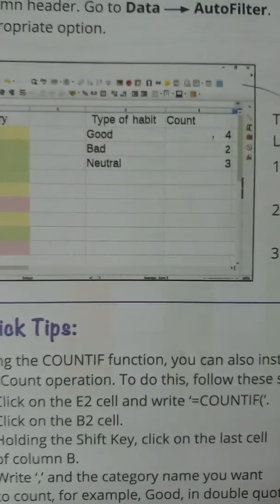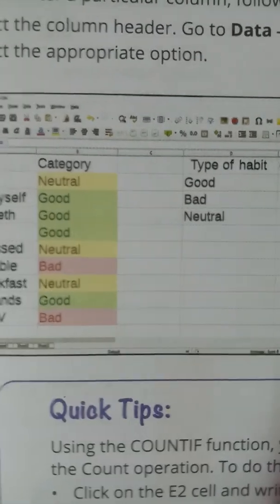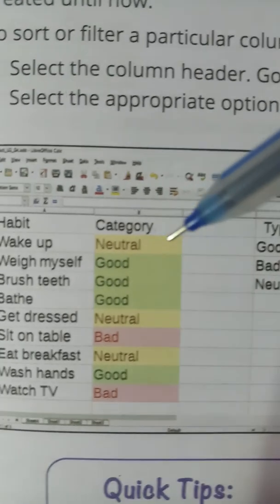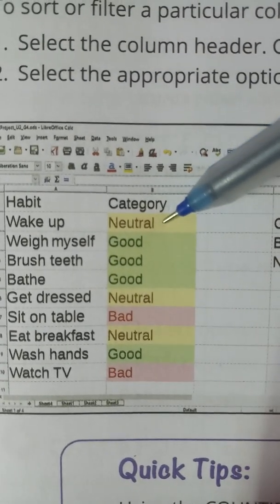Click on the B2 cell. Where is B2? This is column B, from neutral.